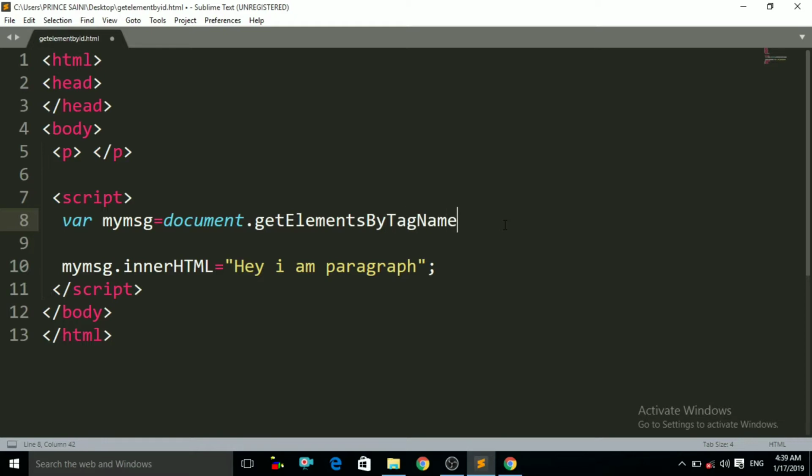GetElementsByTagName. This is about that. And then the braces of class. Notice here G must be small and the first letter of every other word must be capital, that is the E must be capital, B must be capital, T must be capital, and the N must be capital, friends. That is the